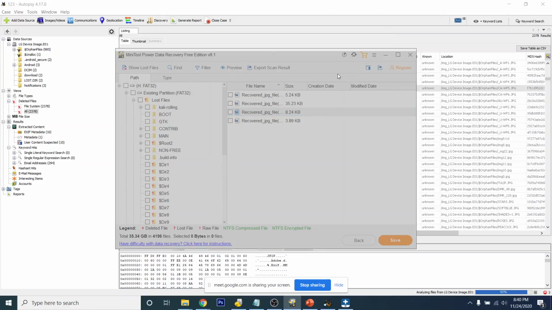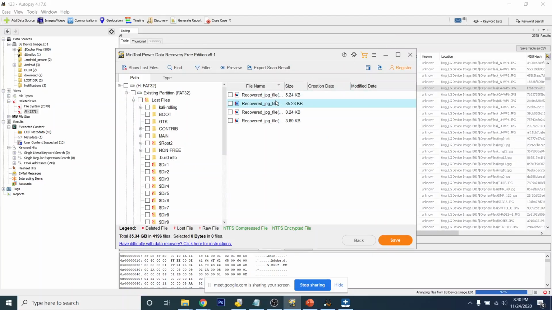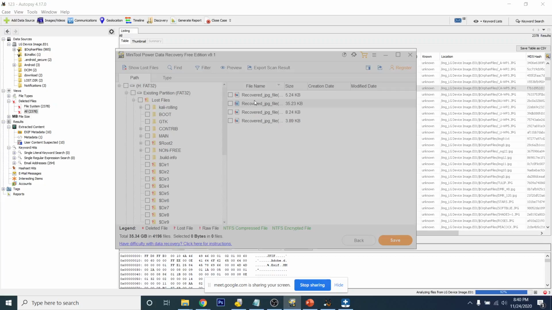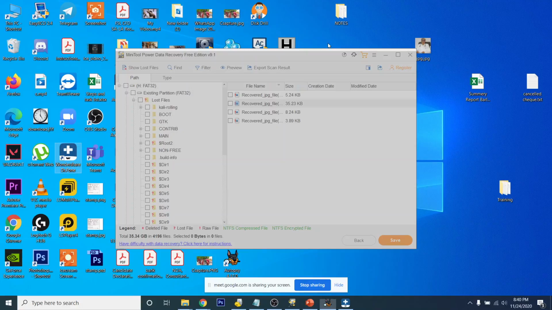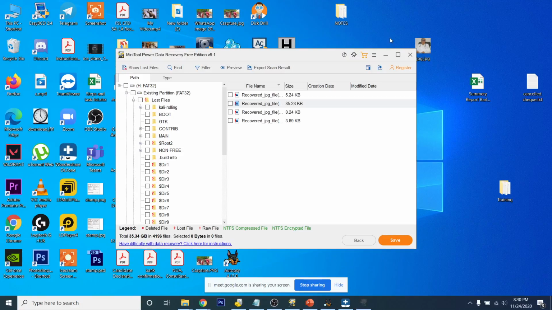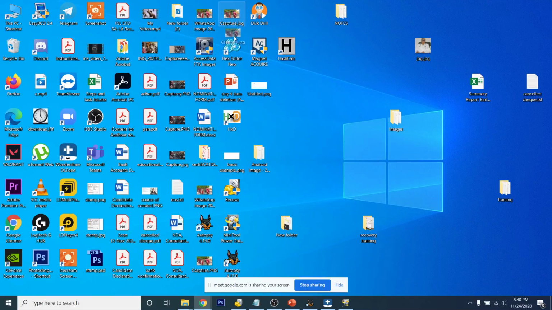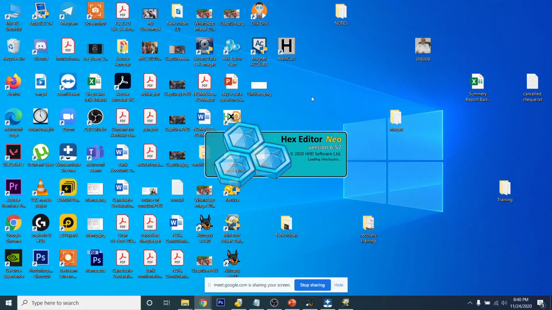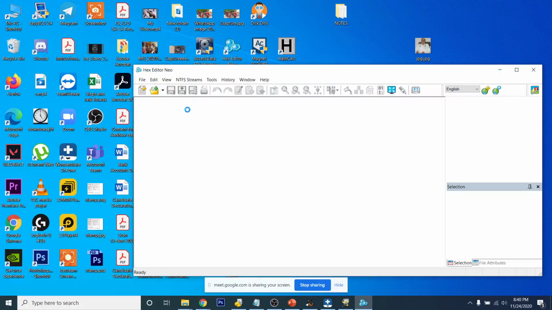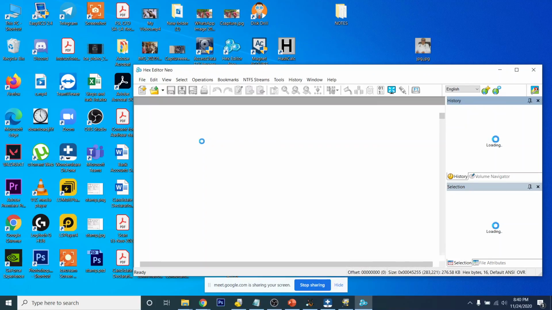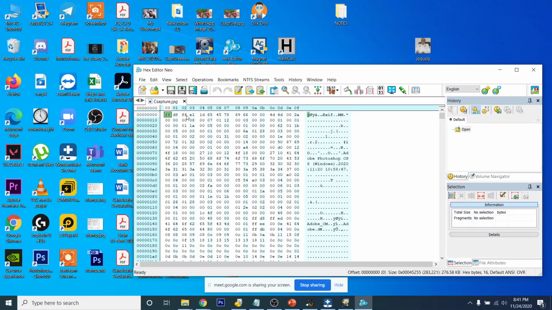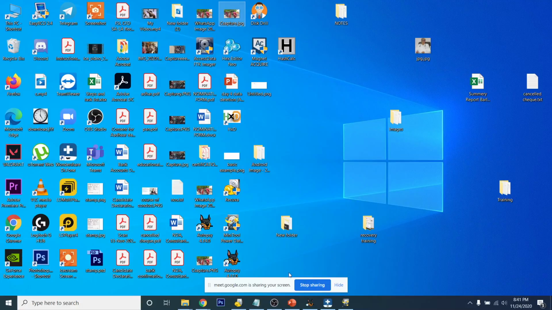I have shown you the practical also. Let us take one file, recover that file and see the image. I can show you the example of any other image also. It will also work. JPG in hex editor Neo will have a start like FFD8. I have shown you the extensions also. Okay, FFD8FF. You can see here the starting is the same, which means that it is a JPG image.